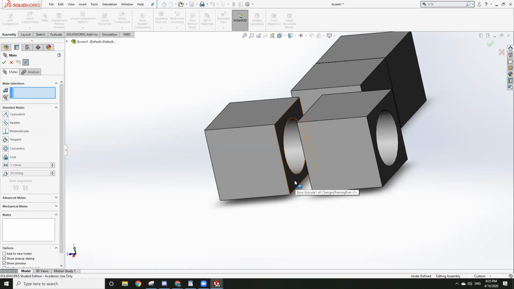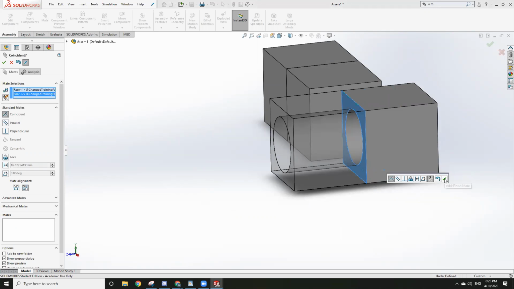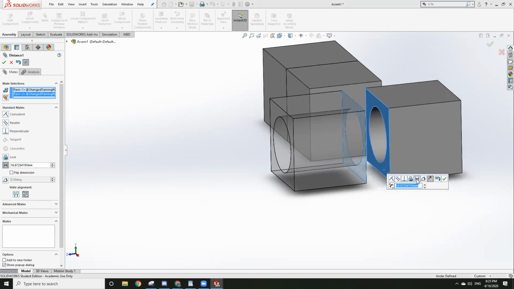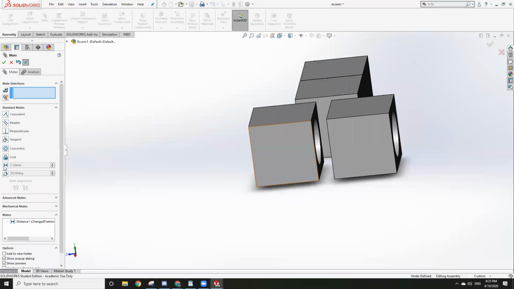But if we make this concentric, we have to define it in other ways. And so, like before, I'm going to add those 2 faces together. Actually, I'm going to set them a certain distance apart. And I don't know why it's in millimeters. I hate that. But we're going to do half an inch. And it shows it in millimeters. It's half an inch. There we go. So distance is very handy if you're doing something like spacers or wheels on an axle,